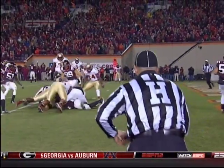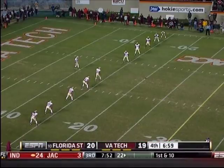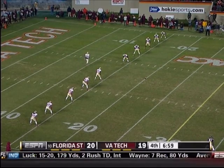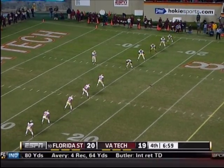So here's the deal now if you're Virginia Tech. You don't need a field goal to tie. About it, nobody from the replay booth has buzzed out to stop the call, or stop the play. So the safety, because he was in the end zone with